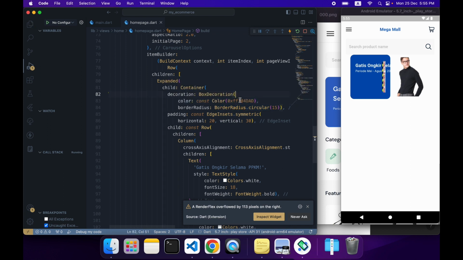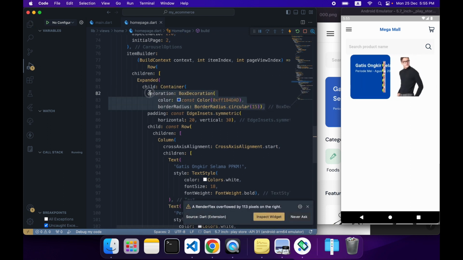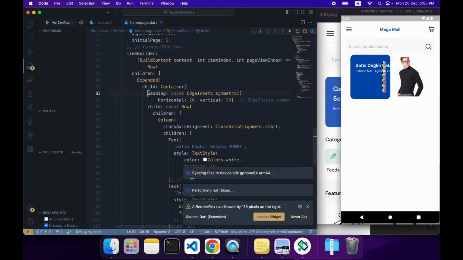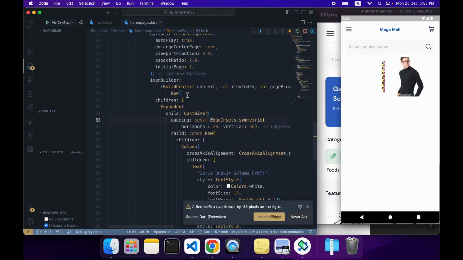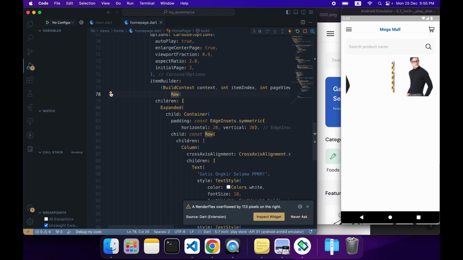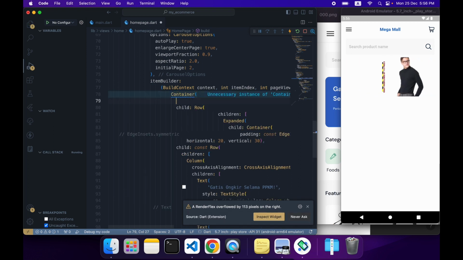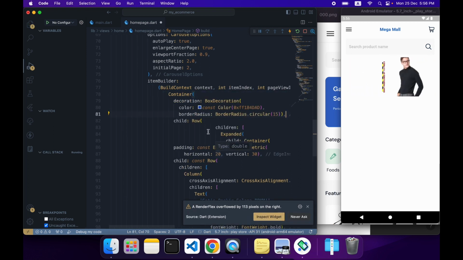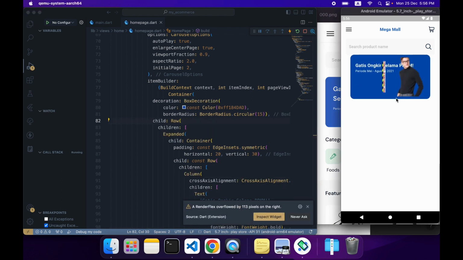We can cut the complete box decoration, wrap our entire row in the container, and then paste the box decoration that we have cut. Now if I hit save, it is working, but just like before, the text is taking a lot of space at the right, so it's not giving enough space to the image, and that's why we have this error showing